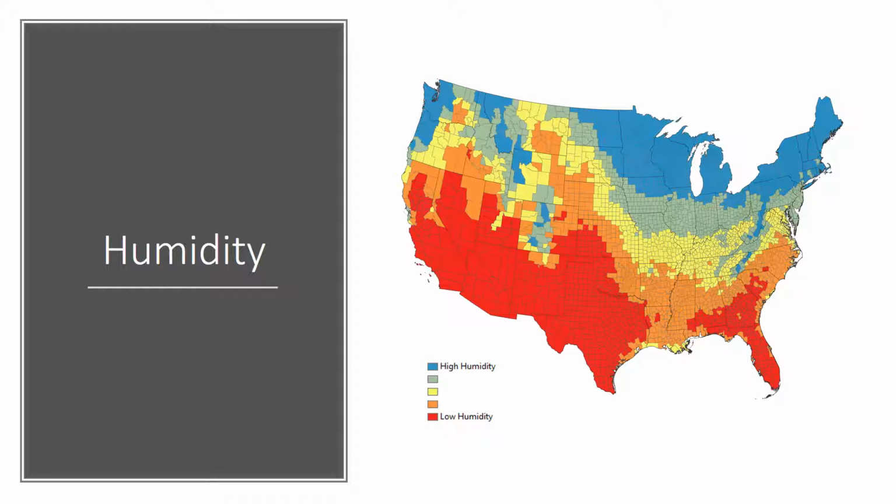This map depicts the humidity range from high humidity in blue down to red as low humidity. The high humidity area contains habitats for trees, deer, mice, and ticks. These species are thriving in the moist areas where Lyme disease is prevalent. The low humidity areas have desert-like air, so the ticks would dry out and not live to spread the disease.